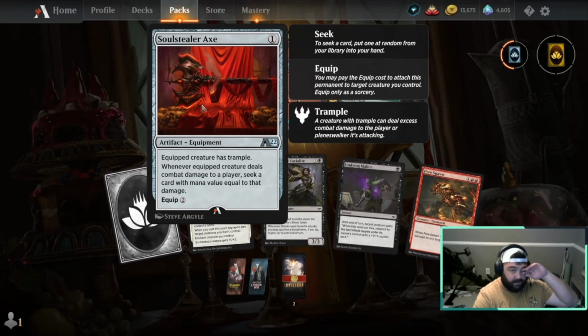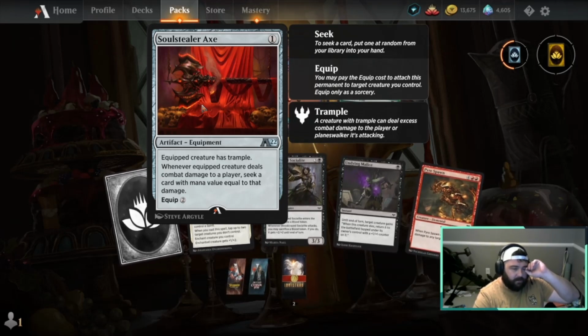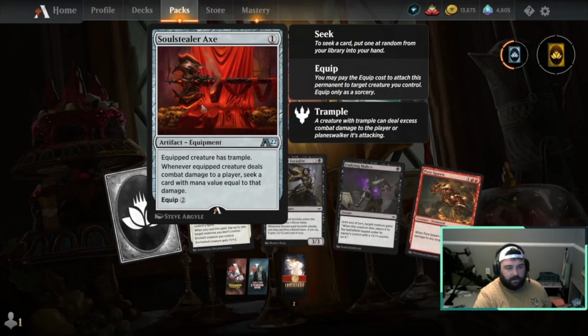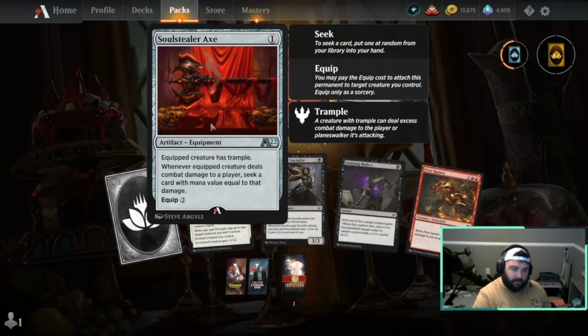This doesn't seem super great to me because it doesn't give any stats. But if you can get in a few times, you can just get some card advantage. Seems kind of transparent though. Like when you spend the mana to equip this on something, they're just going to blast it out. So,